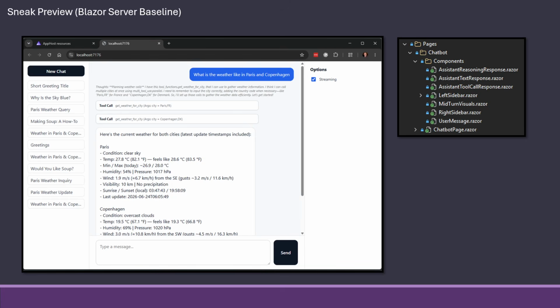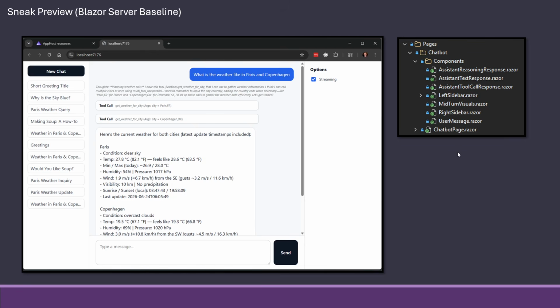Here's just a small sneak preview of the first implementation, which will be a Blazor Server baseline, where we are trying to make the default chat with an input and a conversation back and forth with chat bubbles, as we normally do, but also we end up with a lot of options that you can turn on and off to see where different things are. We're going to make a conversation history over here so you can switch between the different ones, switch to a new chat. And this is just a baseline. Later on, we will put even more into it.